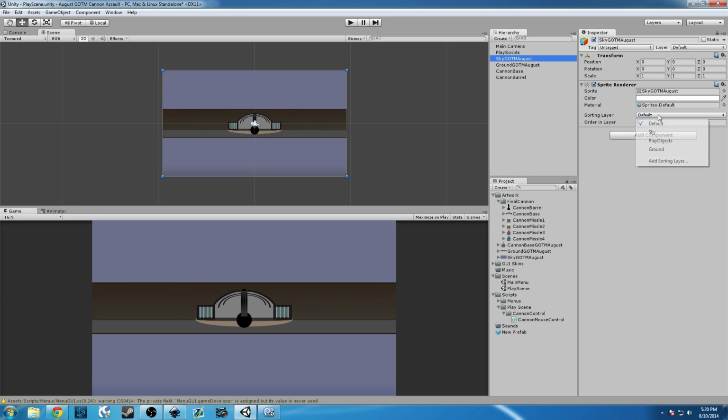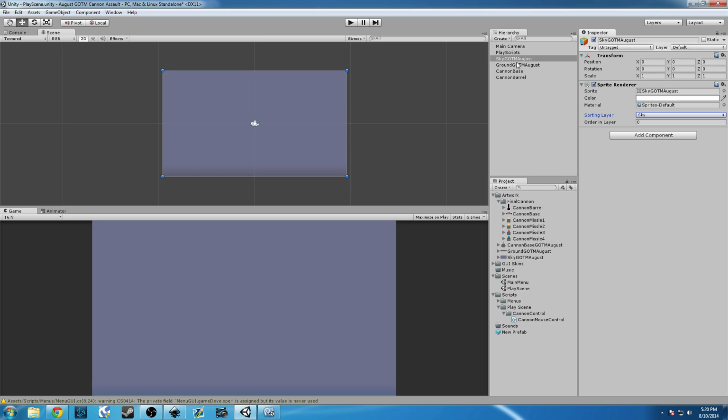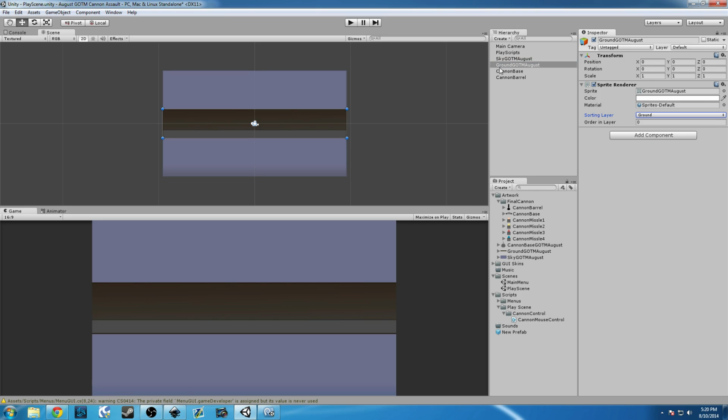So now that I got our sky, I'm going to set that as our sky. Going to grab our ground, set that as ground. Our base cannon, set that as ground, and then I'm going to grab our barrel, and it's going to be play objects. Okay, so now grab your